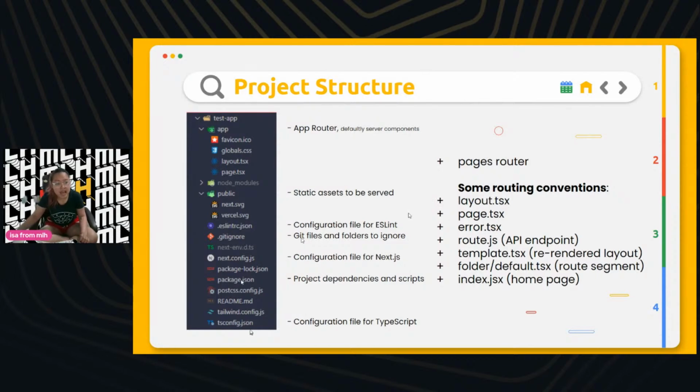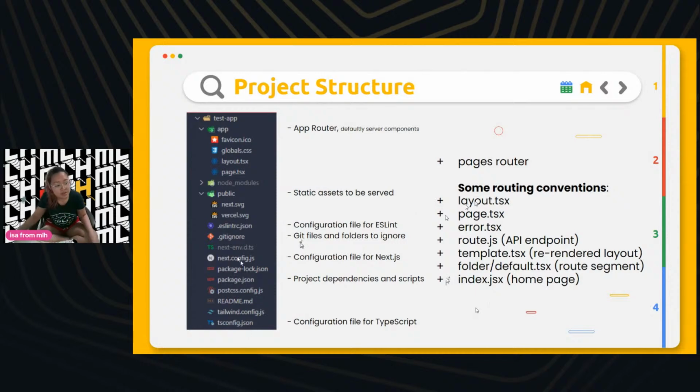Both the app router way and the pages router way, which is the old school way, have naming conventions, which means they know which files do which thing based on how you name them. So if you change the name, it might not recognize that, hey, pages.tsx was the thing that you're referring to for it to render. So make sure that you keep in mind what the file names and the folder names are.